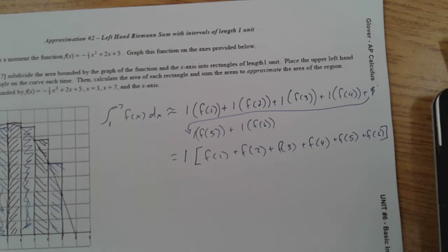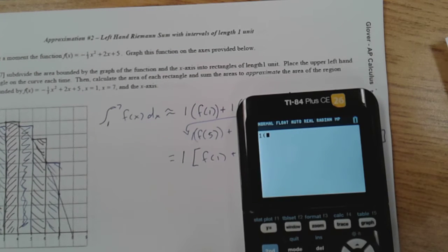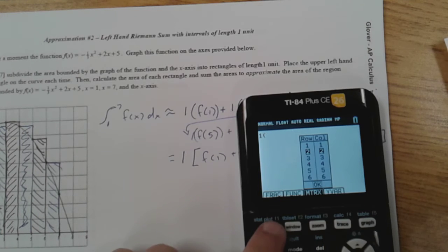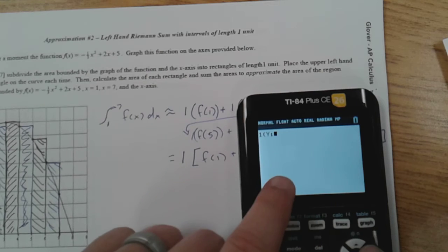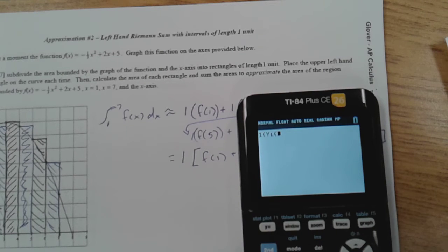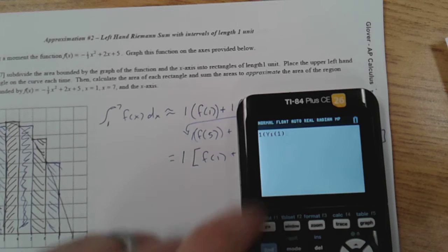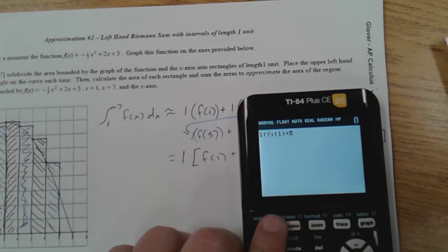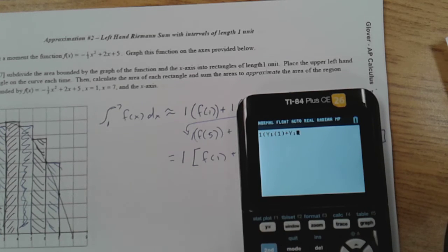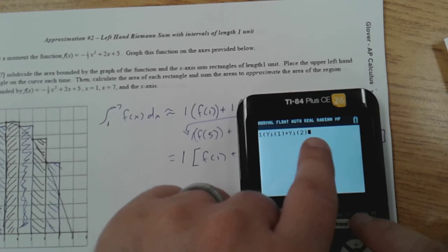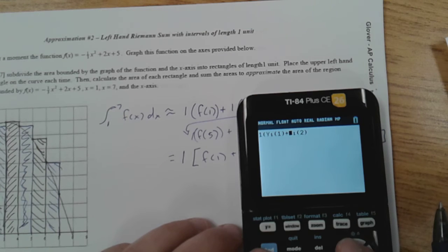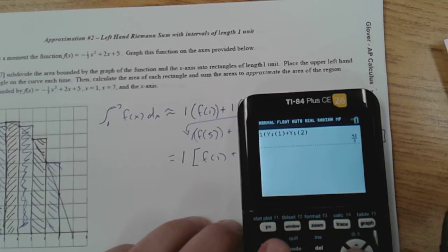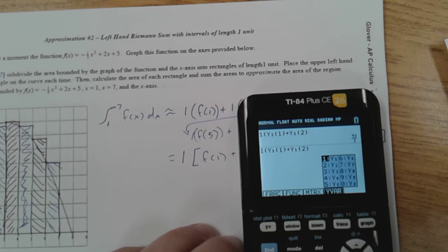So what I'm going to do is I'm going to set this up, and I'll just put 1, open parentheses, and now I'm just going to hit my alpha, y equals, I'm going to go over to y vars, y1, and I want to evaluate that one at 1. Remember how we can do that? Plus alpha 2. All right, and we can just continue going. So we're going to have y1 plus y2. Keep going across there. Oh, all right. So alpha trace